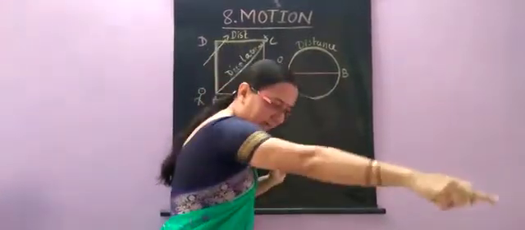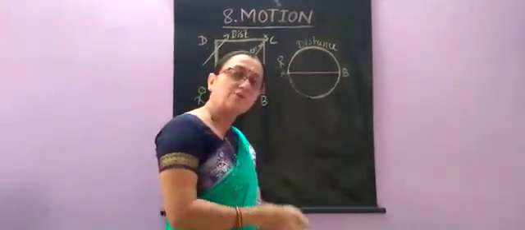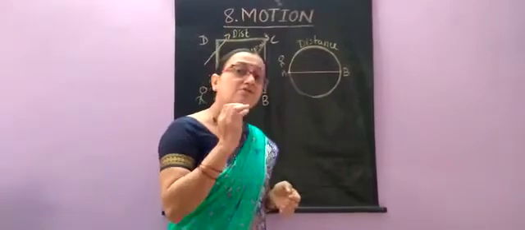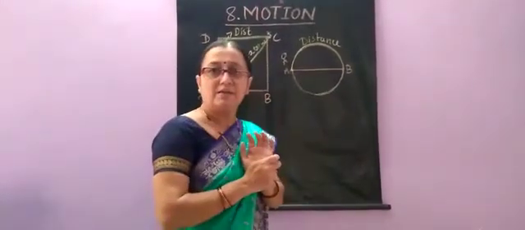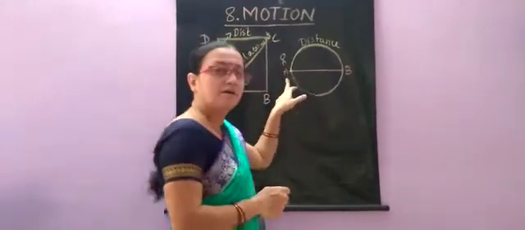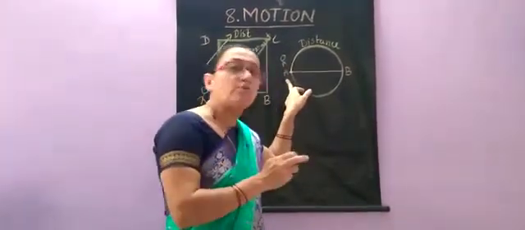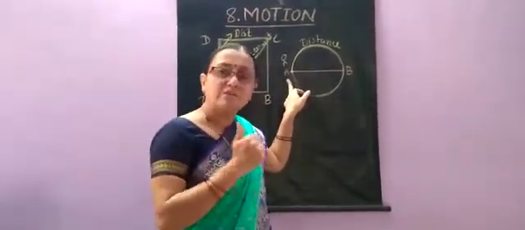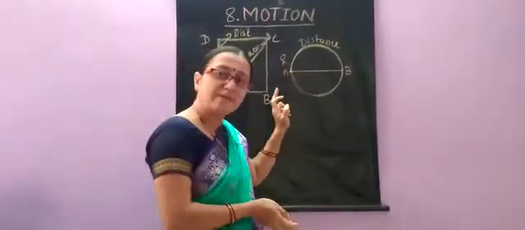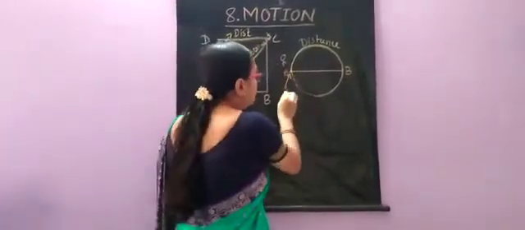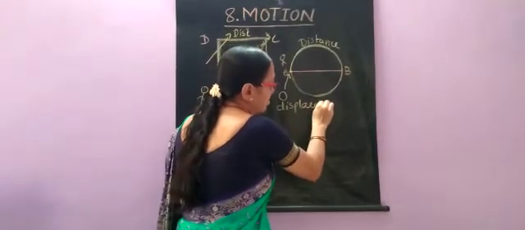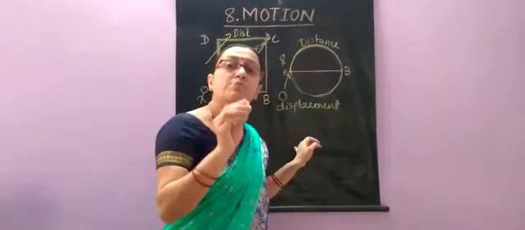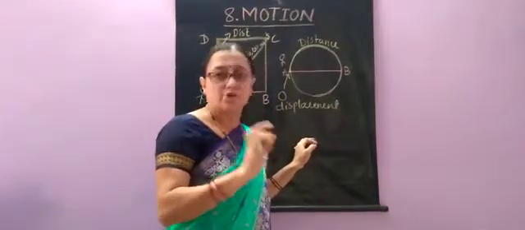Standing here only, if I take a circular path, I'll come back again to the original position. What is displacement actually? The distance between the starting point and the end point. What is the starting point? It is A. What is the end point? Again it is A only. So what is this person's displacement here? It is nothing but 0. This is possible only when an object is in circular motion.